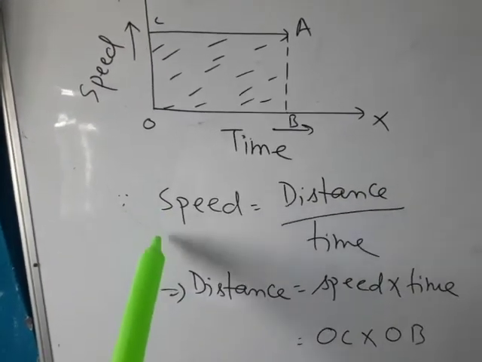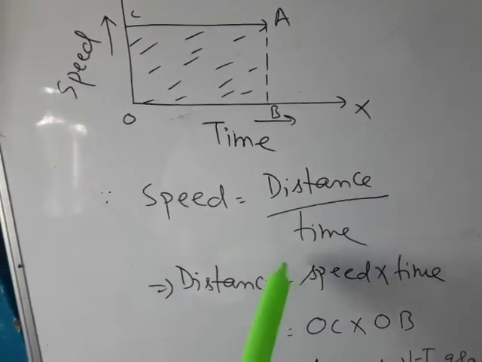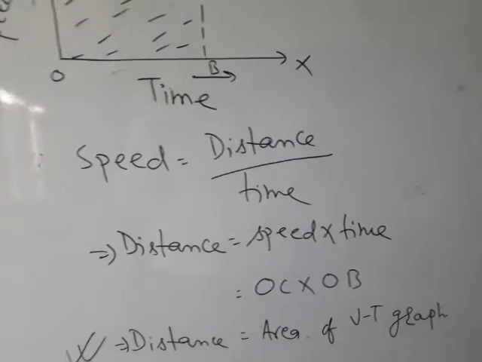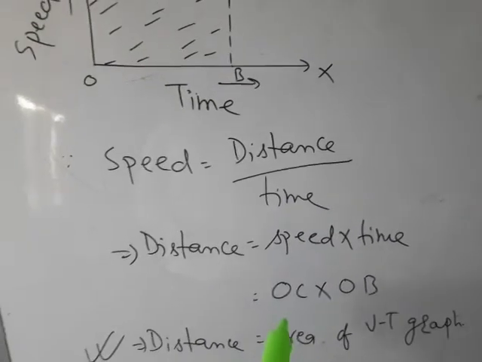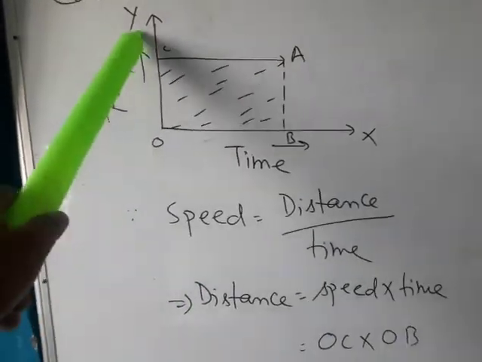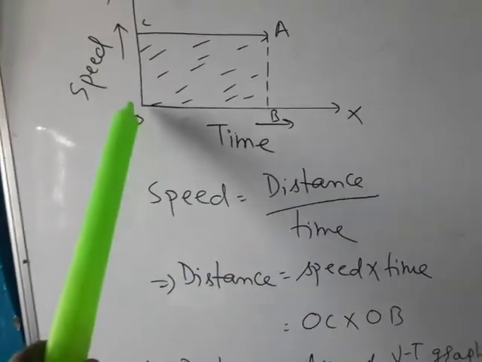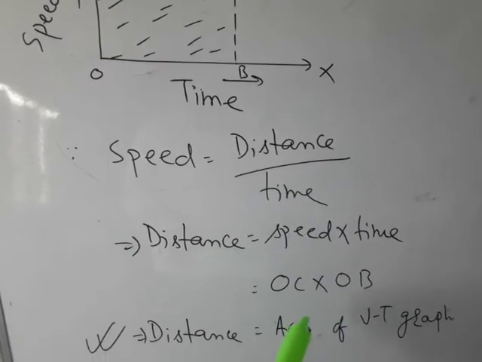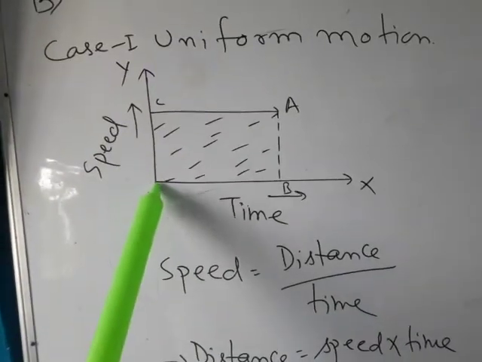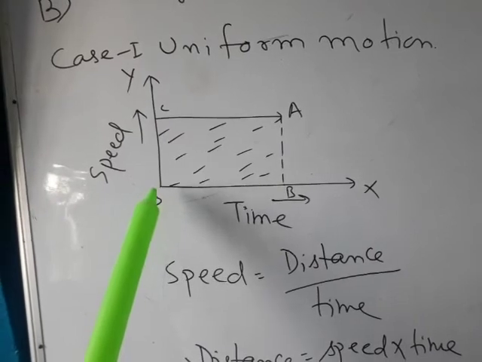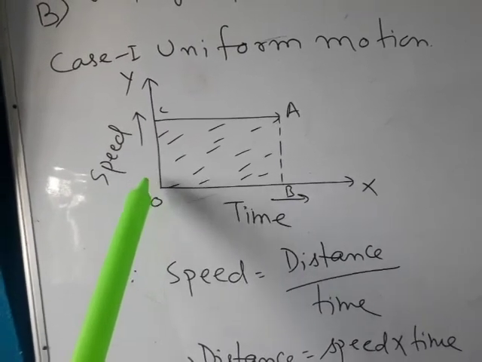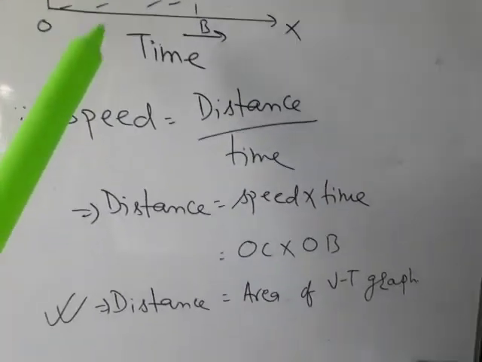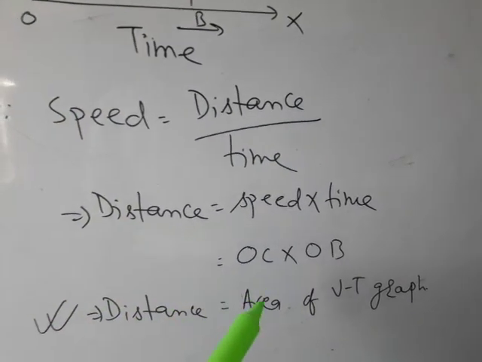Now, since speed is equal to distance by time, therefore distance is equal to speed into time. Since speed equal to OC and time equal to OB, hence OC into OB equal to area of quadrilateral or rectangle OBAC. Area of vt graph gives